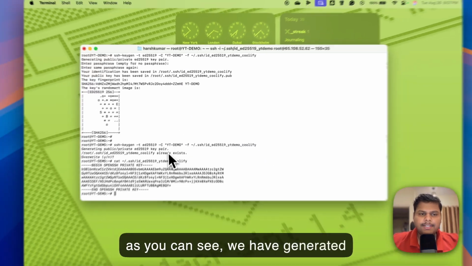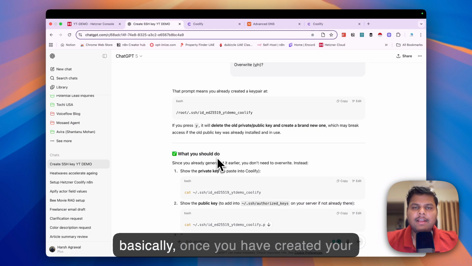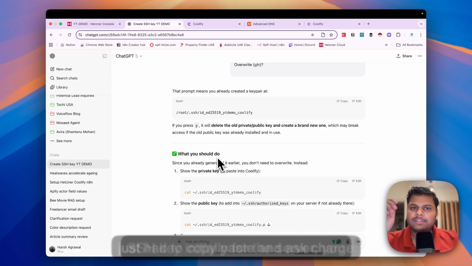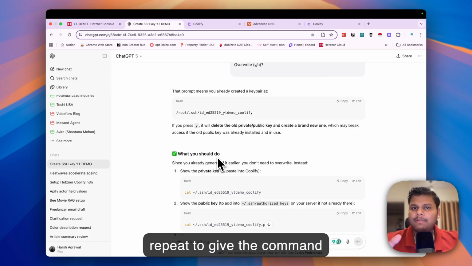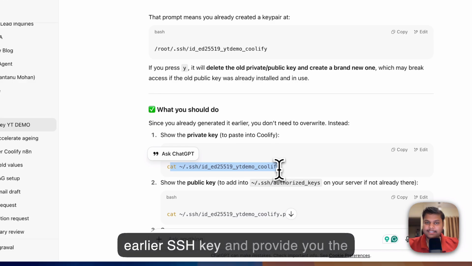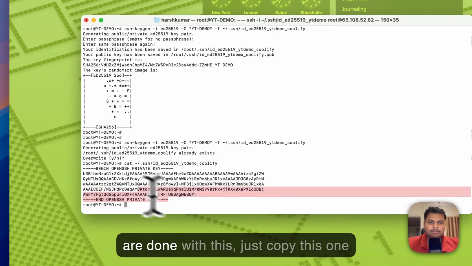So as you can see, we have generated the private key. Basically, once you have created your SSH key initially for the server, you just have to copy, paste, and ask ChatGPT to give you the command, something like this, based on your earlier SSH key and provide you the access to the private key. Once you are done with this, just copy this one